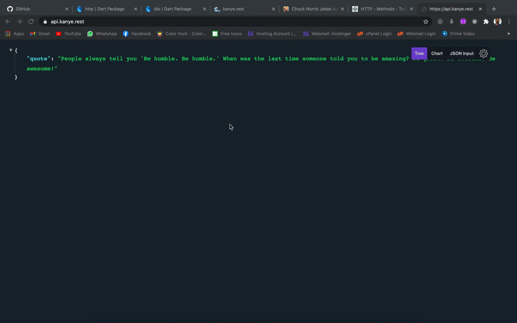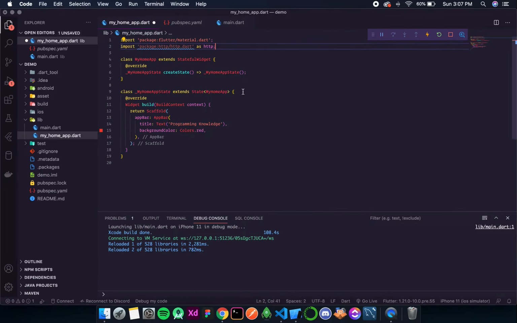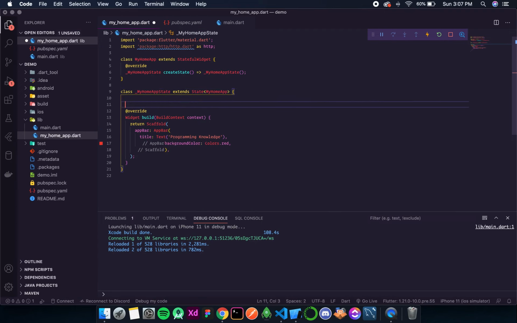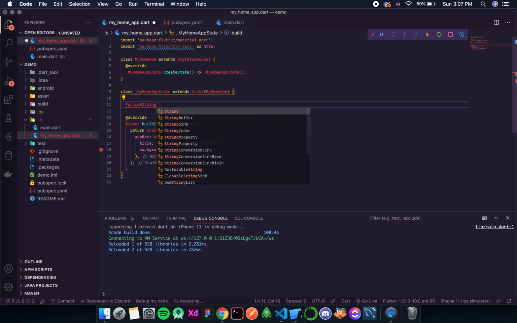Okay, so now let's try calling this REST API. So for that, in our class, I'll simply create a future. I have a video on what is a future and what is its use in Flutter. Now since over here we are interacting with the internet, we don't know how much time it will take, so that is the reason we can't immediately send the response. We need to wait for the interaction with the internet to finish, and then we will send a response. And for the same I am using a future. Okay, a future, and that future should return a string.